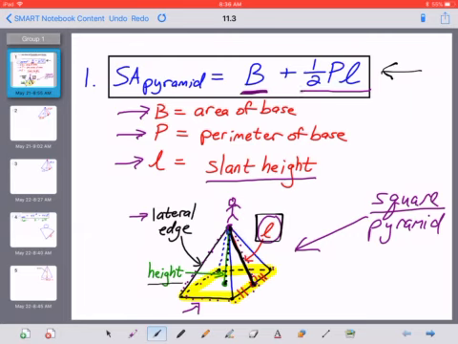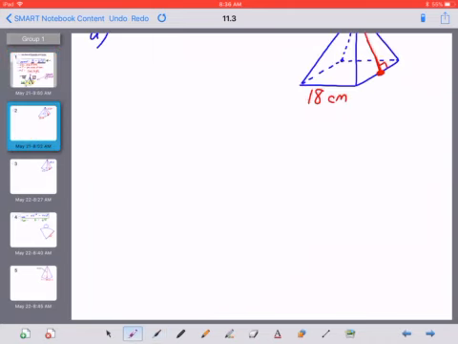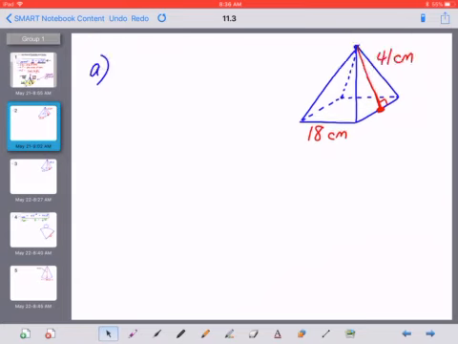It's 1 base plus 1/2 times perimeter of the base times the slant height of the pyramid. So let's see it in action here, everybody. All right, so this first problem is going to look something like this. And just like the diagram that we just drew, we see a pyramid here with a single point up here on the top. We've got a square base down here on the bottom, and a bunch of triangles going